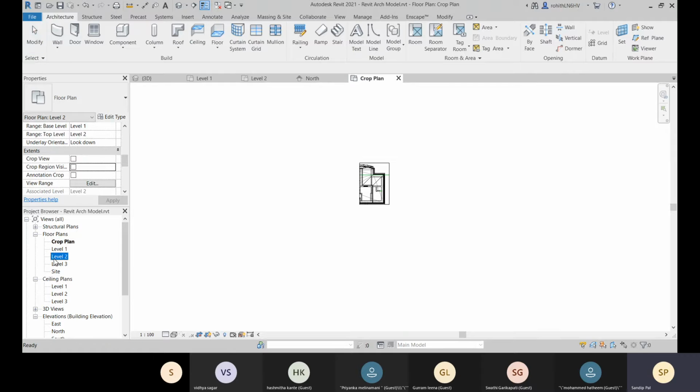Okay, so here in level 2 as well, you can see that these two are connected, right?